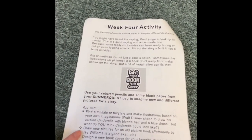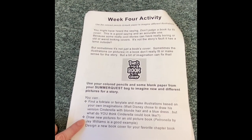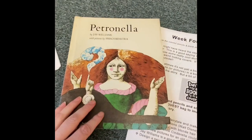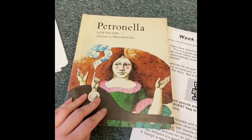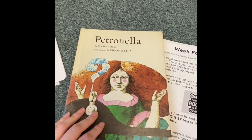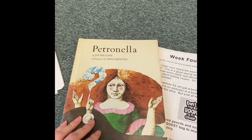But what I really want you to think about is to draw new pictures for an old picture book. Petronella by J. Williams is a good example. Now, hopefully you'll see a little more about Petronella in a different video, but I found this. I'd never heard of this fairy tale called Petronella. It's a feminized name of the name Peter. It's an original fairy tale by J. Williams. It was written in the 70s in response to some issues they had with fairy tales,